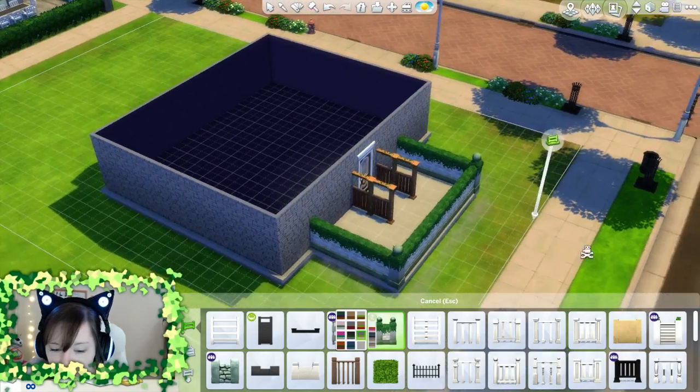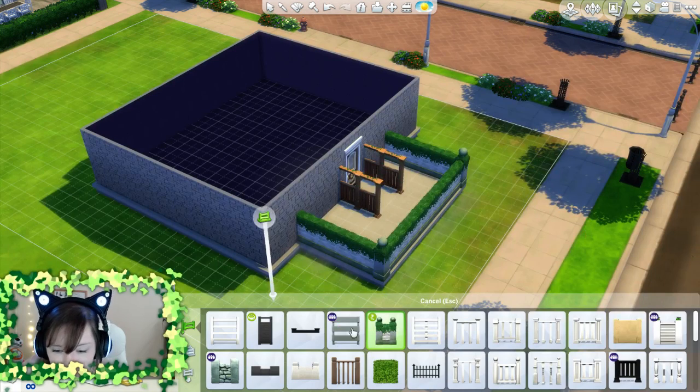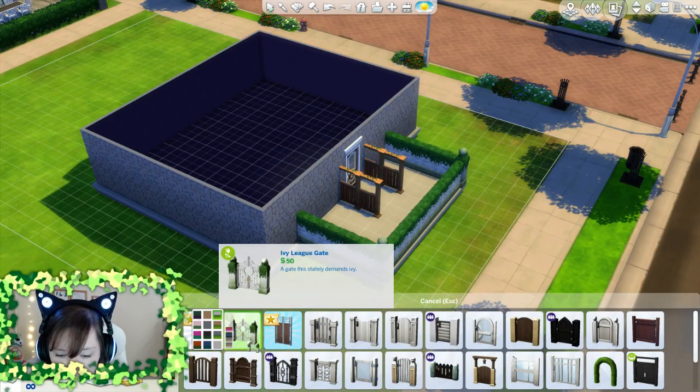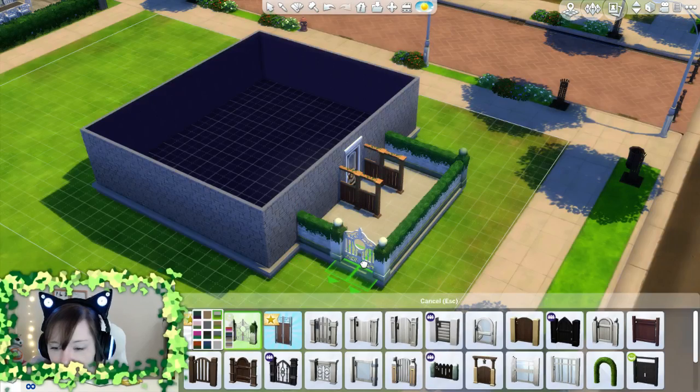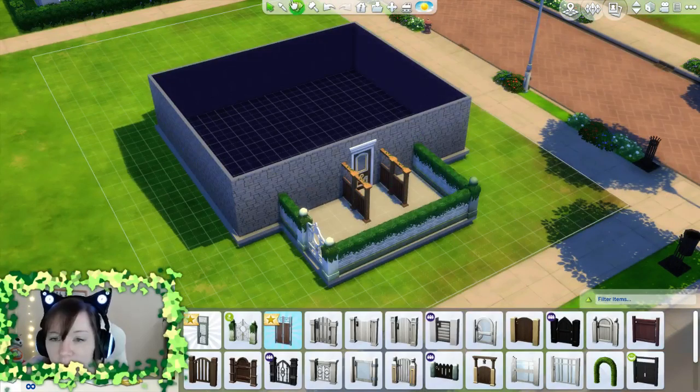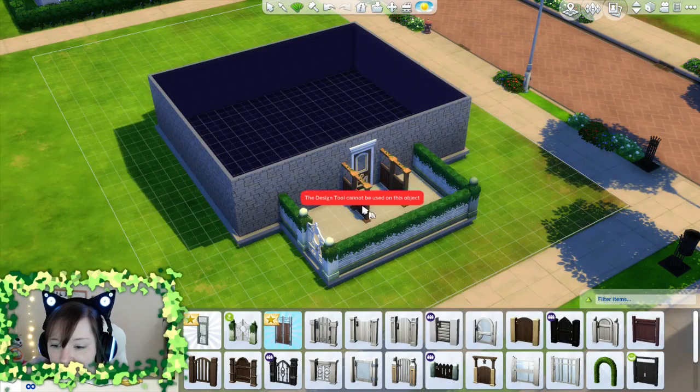Let's do this, and then let's add a gate. Hopefully they have a nice romantic garden. Of course they have a nice romantic garden gate. Aw, look how cute that is. That's so nice. And I actually want to change...